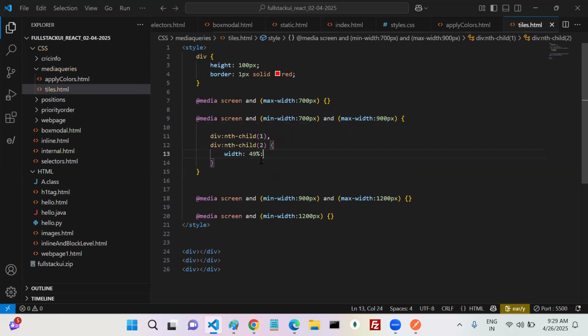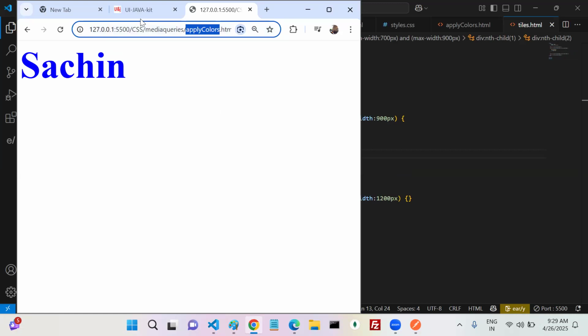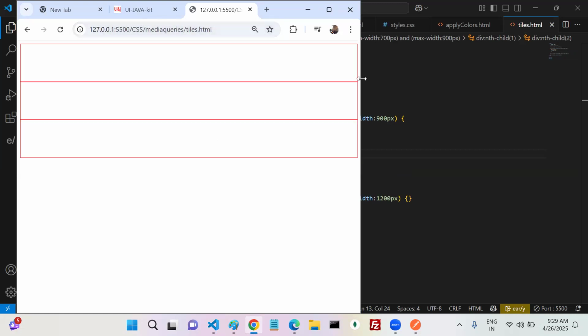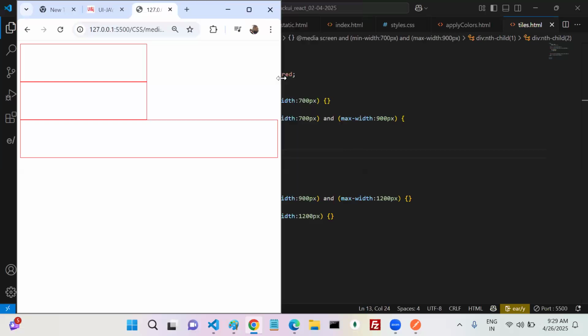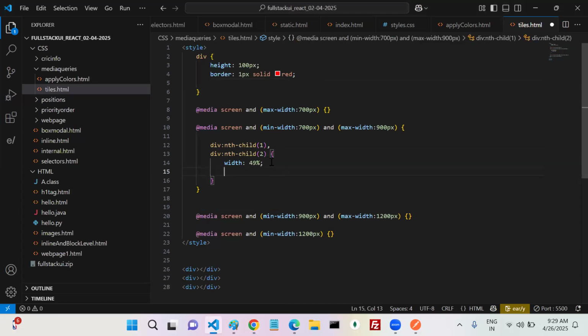Okay, tell me. Is it enough? Will it work or not? But not side by side, right? I want side by side. Then display inline. So whenever you write display inline,